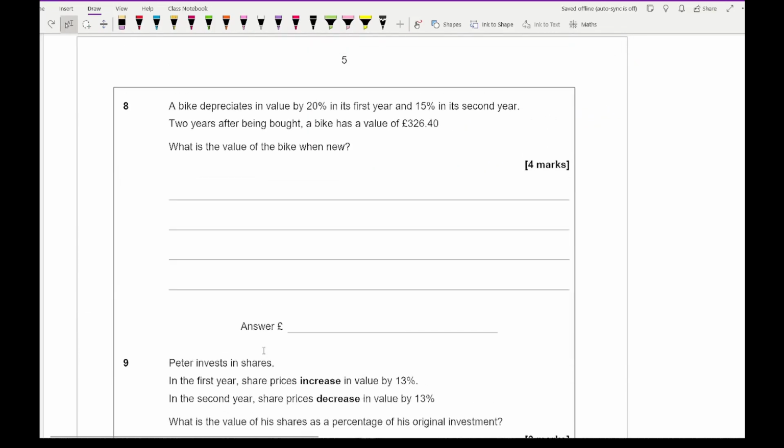Then moving on to question 8, it says that a bike depreciates in value by 20% in its first year and then 15% in its second year. 2 years after being bought, the bike has a value of £326.40. What is the value of the bike when new? So here we've got the original price, which is the old price. Then in its first year, it's depreciated by 20%. So that's going to be multiplied by 0.8. And that's the first year. Then it goes down further another 15%. So that's going to be 0.85. And this is the second year price. And that is